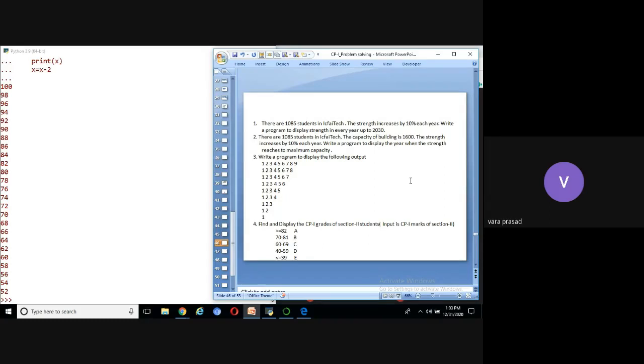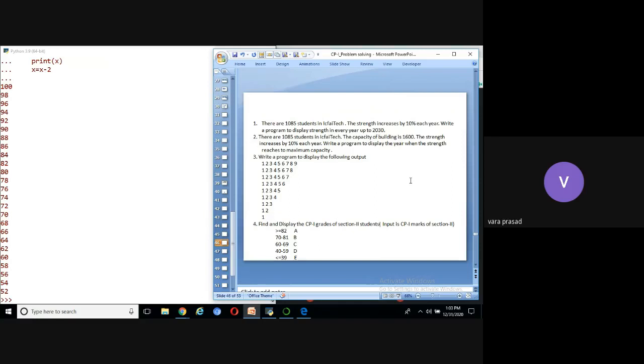So that means you have to display the strength in 2021, 22, 23, 24, 25, 26, 27, 28, 29, 30. For this list, you need to display the total strength. You know how to display the strength: take the total strength, take 10 percent, and that output is added to the strength. That is the total strength.